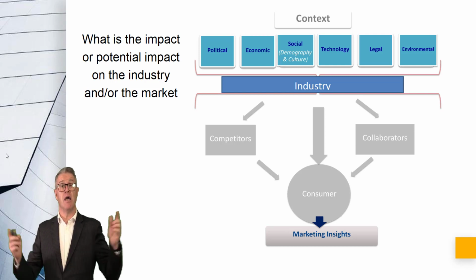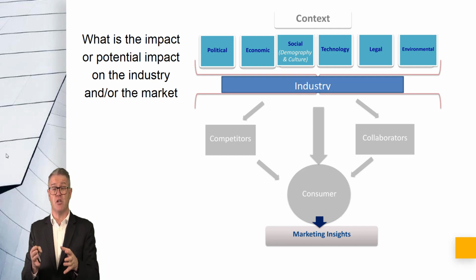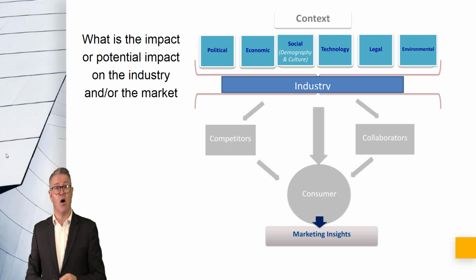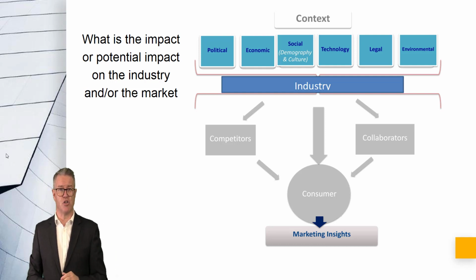The second thing to get here is to think of the interdependence. So you're going to look at each one separately, but don't forget to look at how they all connect together and how that impacts on the industry. Impact. What type of impact are we thinking about? Growth, profit, cash flow. So we're looking for impacts on those three areas predominantly. We're looking at what is likely to impact the growth of the industry, what is likely to impact the profitability and certainly cash flow, but mostly profit and growth.